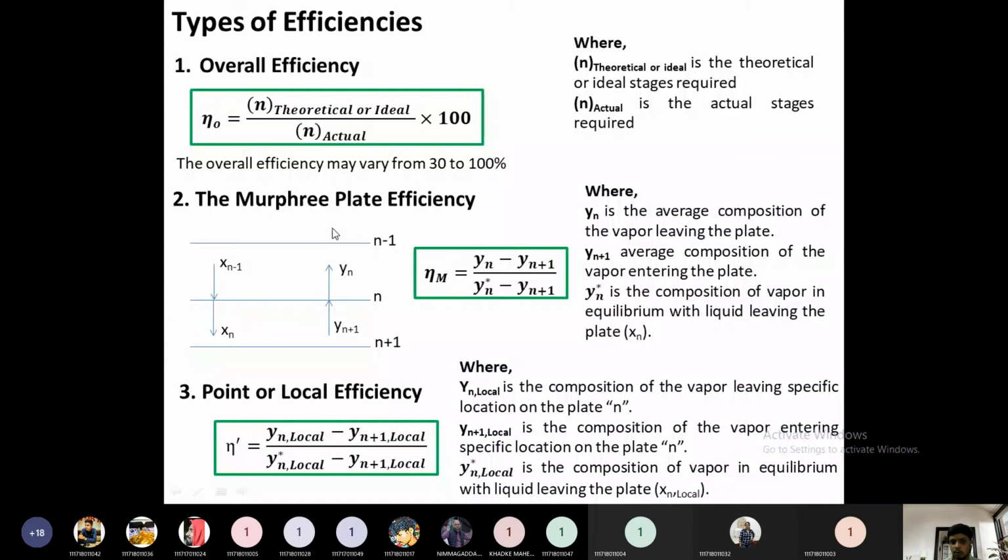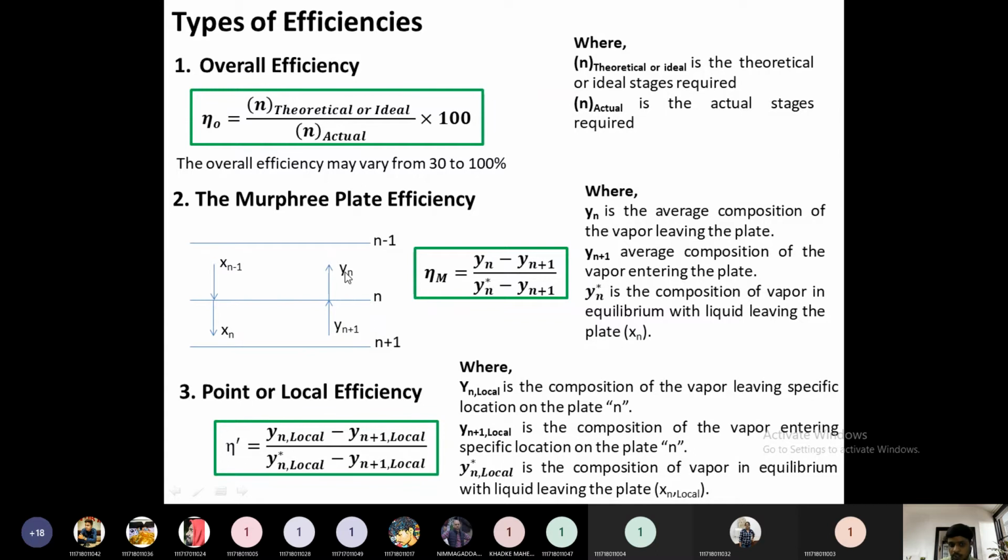The next one is the single plate efficiency. The overall efficiency is for all n plates of the column, but for a single plate, how can we define the efficiency? Consider the nth plate. The vapors are coming from the bottom to top, and the liquid is coming from the top to bottom. We already know that fact. Because of this, the vapors are coming towards this plate, and if we want to estimate the efficiency of this nth plate,